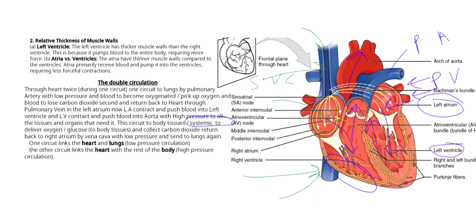So in this way the whole body receives oxygenated blood and glucose through these arteries and capillaries, and then the veins collect deoxygenated blood and return it to the heart, and the same circuit repeats again. So this is double circuit circulation, dear students,